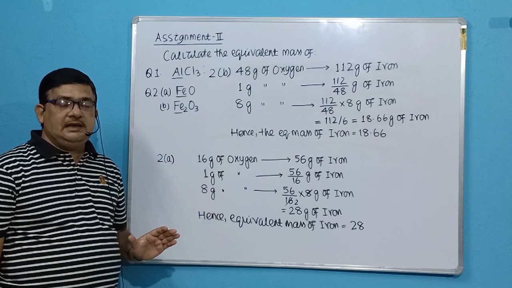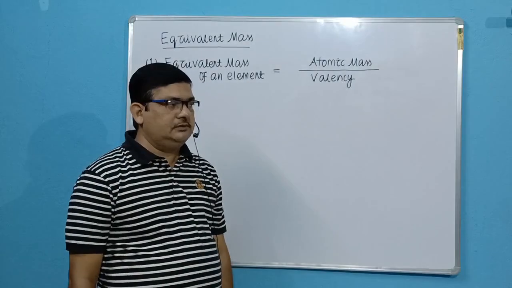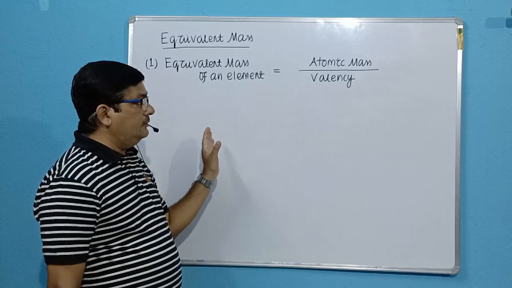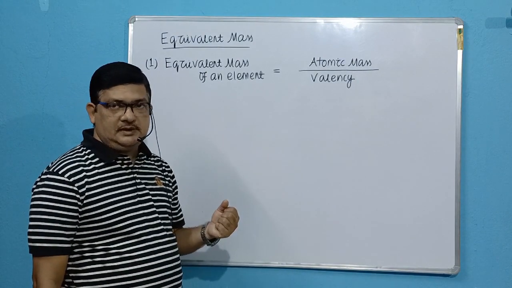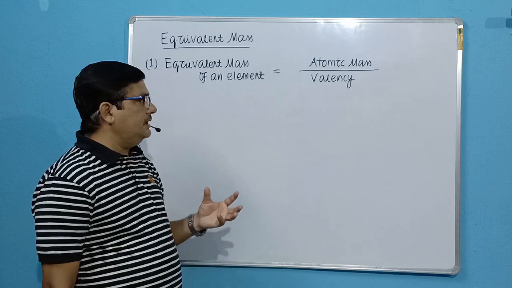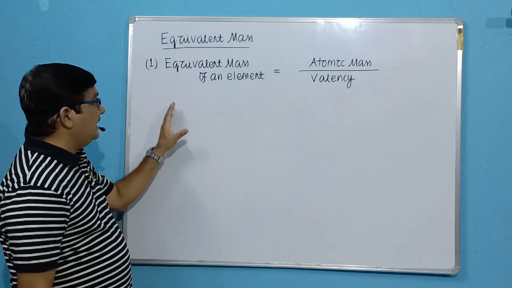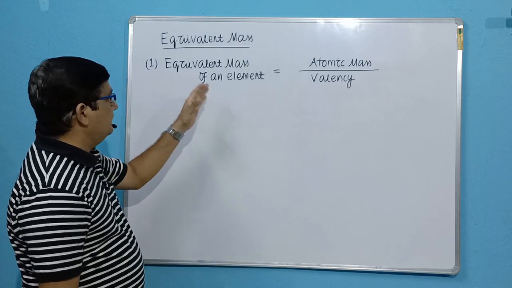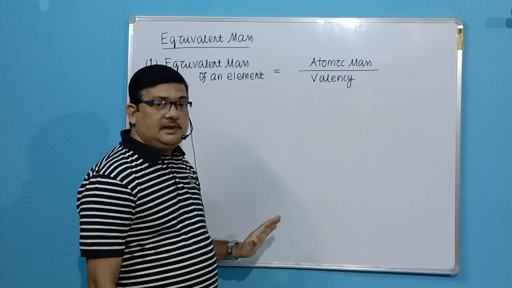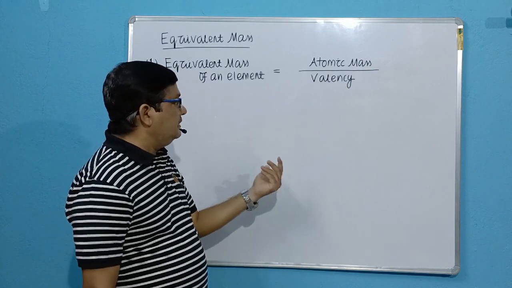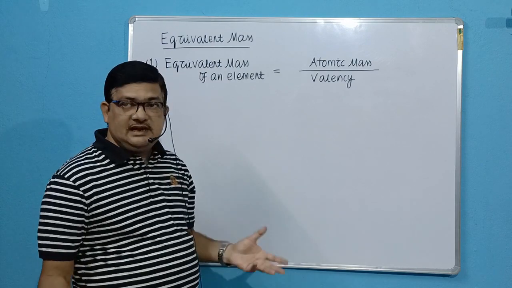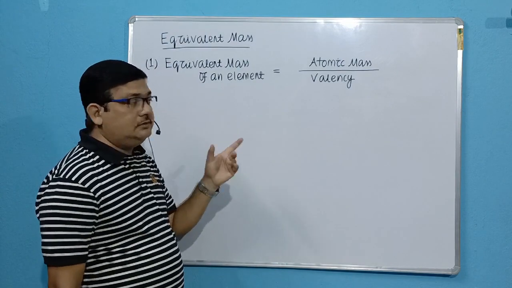Okay. Then we will start with equivalent mass. So next we will be starting with different formulae to calculate the equivalent mass. If we go by the definition, sometimes it becomes difficult to calculate the equivalent mass. So I will give you a straight-cut formula to calculate the equivalent mass. So let us start with the equivalent mass of an element. Using this formula directly, you can find out the equivalent mass of an element: atomic mass by valency. So by now you know that atomic mass can be easily calculated. I have given you the formula. Valency, I have given you the formula. So you have to use these two to calculate the equivalent mass.